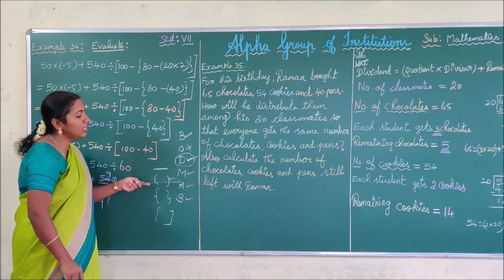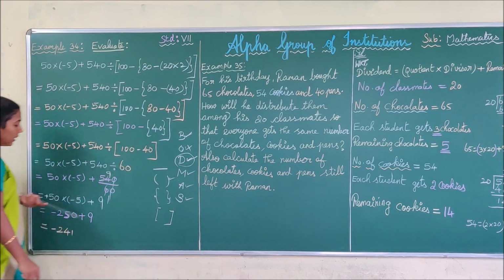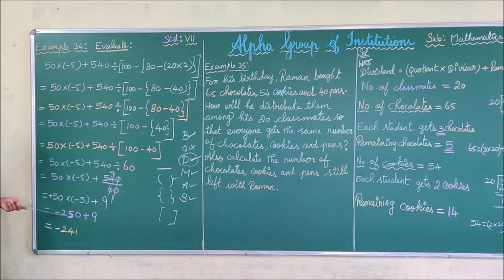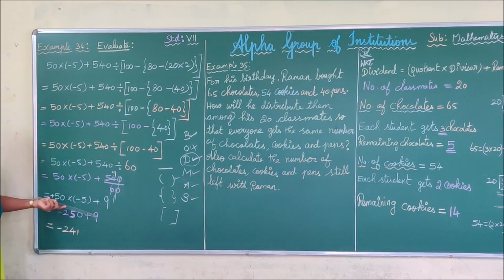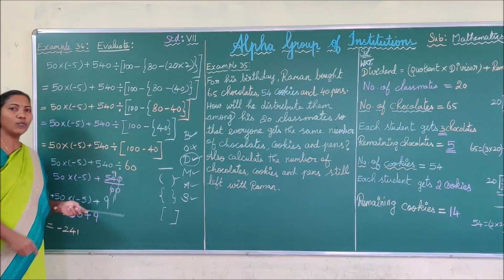Next we can do the addition and the subtraction simultaneously. Here we have two integers. One is negative, one is positive. So as per rule 2 you have to subtract the smaller number from the larger number. You get 241 and the result gets the sign of the larger number. Thus you have minus 241.